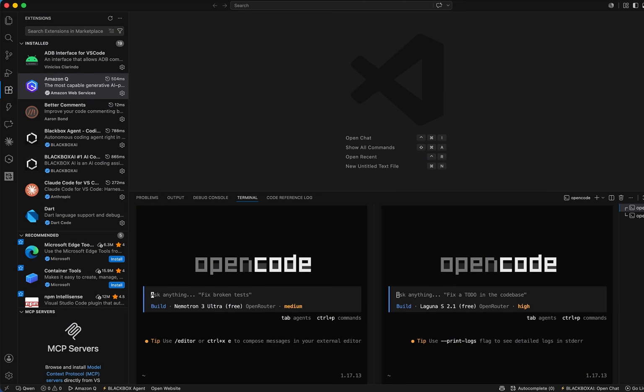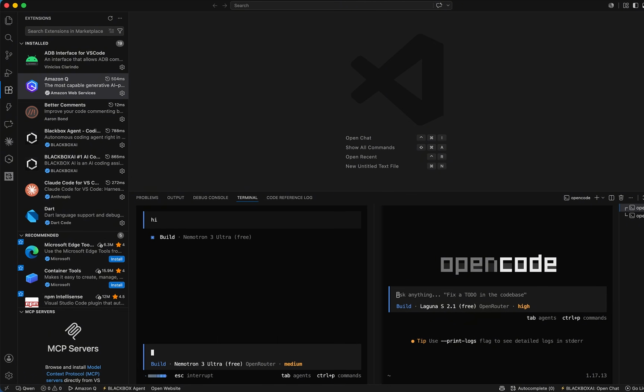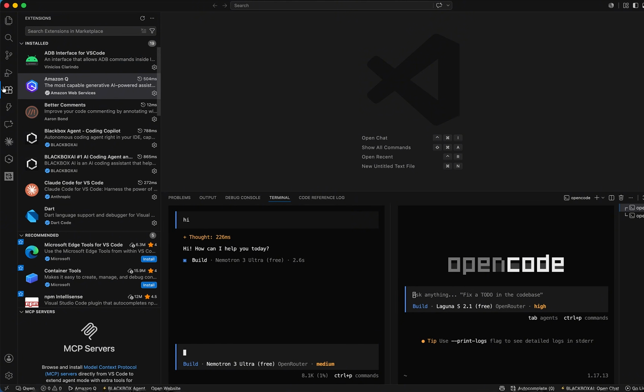I'm going to try Nemotron 3 Ultra. Keep in mind, some models may not work at some times, but this time it will work perfectly. This is the fourth way that you can get access to the model. Now, I will show you the fifth method that you can get access to some other models, which is provided by